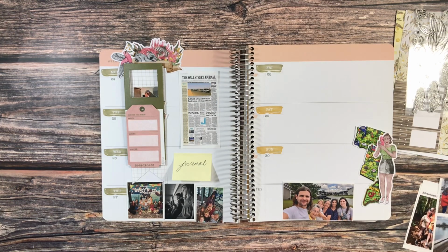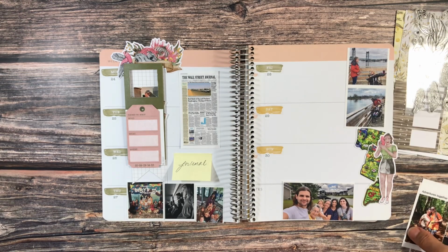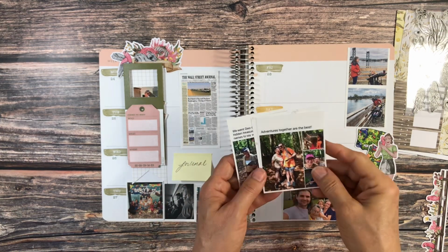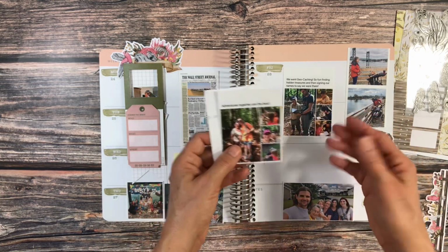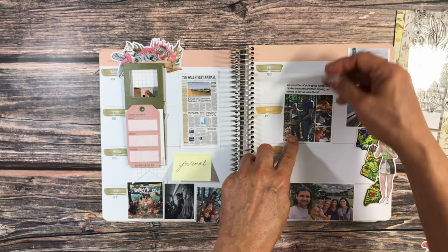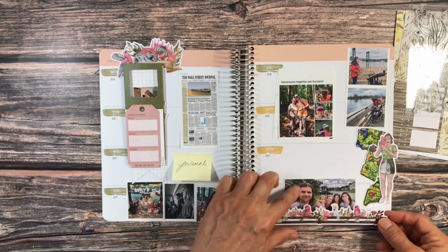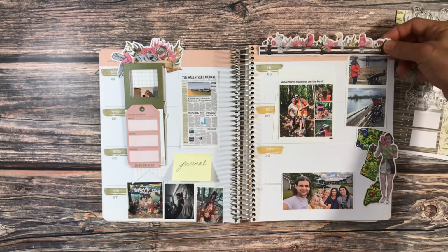Not sure. Not sure. My brother and his wife took little Izzy to Portsmouth. All right, now these are, we went geocaching. I had never heard of it before. In the comments below, let me know, have you ever geocached? It is such a fun thing to do, and I have all of these different Facebook posts that I had made, so I wanted to include these, and I'm thinking of just flipping them up like this, making a tip in, so I'll use some of the colored paper, and I had also thought either to put this on the bottom or it could go on the top of the page